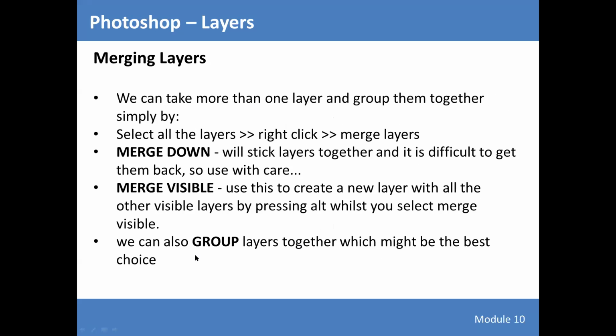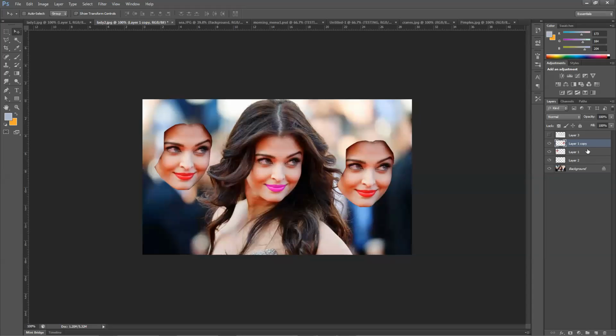You can also group layers as well. Why would you group layers? To group them, you basically select. If I had to group, for example, these two layers, once you click, you just select one, as I'm showing you now. But if I click on one and hold the control key and click on the other, I've selected two. Now, what happens when they're both selected? I can move them around together, for example, but I can also